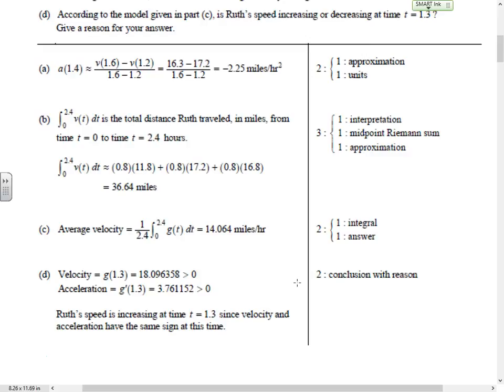And if they wrote the entire expression for the entire area, multiplying each of those by 0.8, they could have just boxed it. That would be the third check. If they have this and they got that wrong, they don't get that check, they get an X instead. One more time. Check for total distance traveled with miles. Check for using the middle y's, 11.8, 17.2, and 16.8. And a check for having a correct expression they did not make wrong